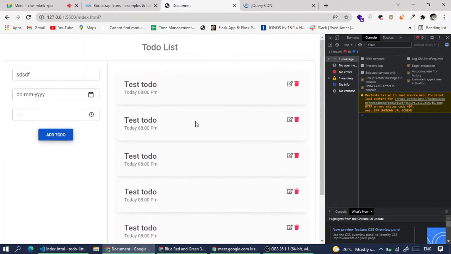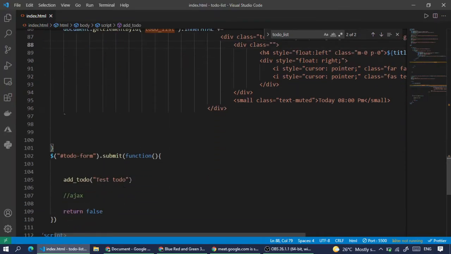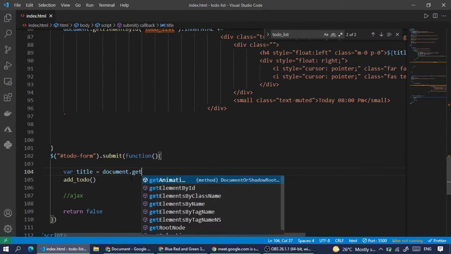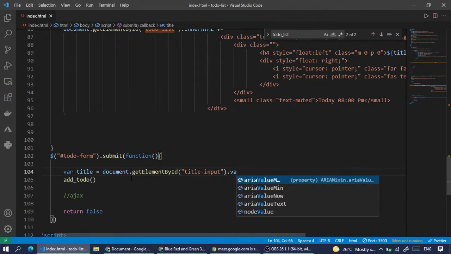So now, whatever title I am passing, I want to use that title. Instead of test todo, I want to pass whatever the user has in the input. So instead of writing the title like this, I'll say var title equals document.getElementById, let's say title, input dot value.